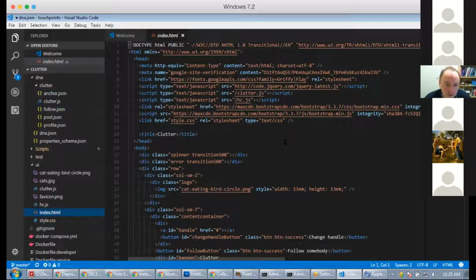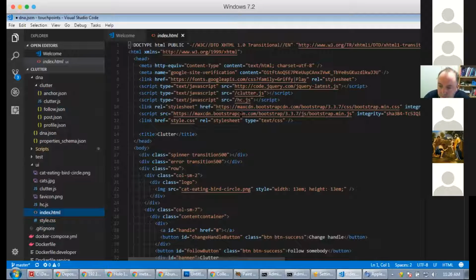So you can write your user interface however you want with whatever tools you want, to the extent that it's client side. So if you want to use Vue, you can totally use Vue. Clutter uses nothing, just HTML, CSS, JavaScript, which is great for just really basic implementation and demonstration purposes, I think.